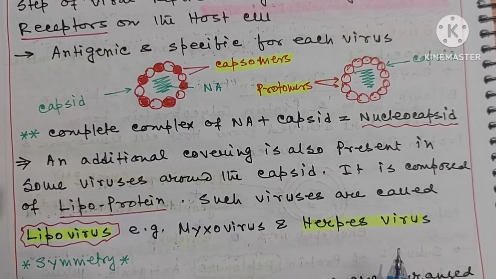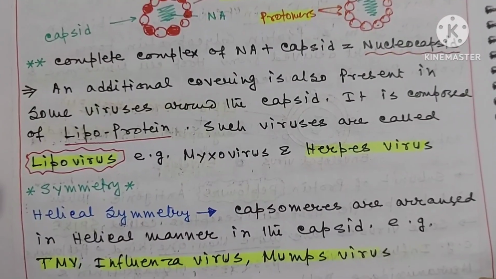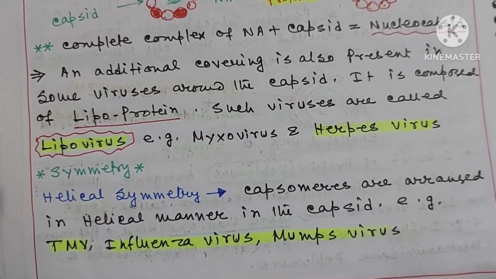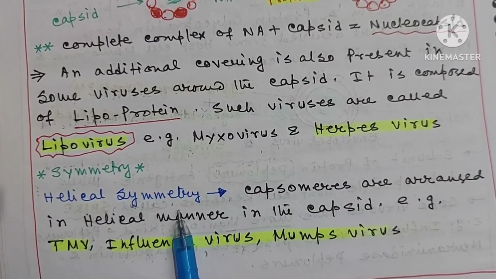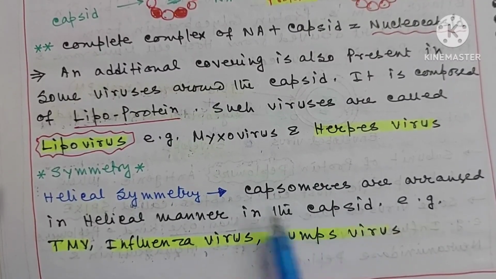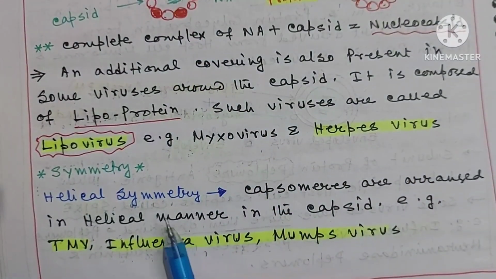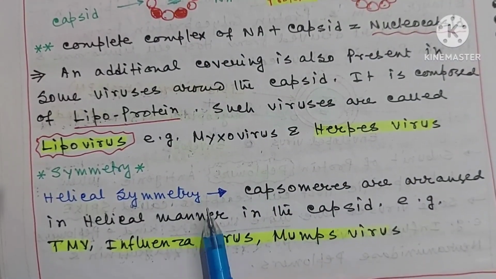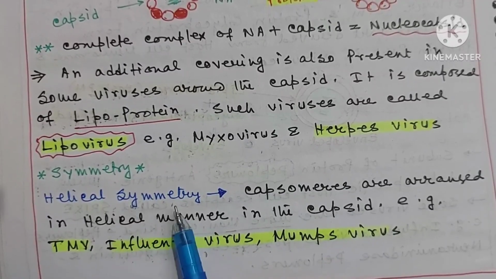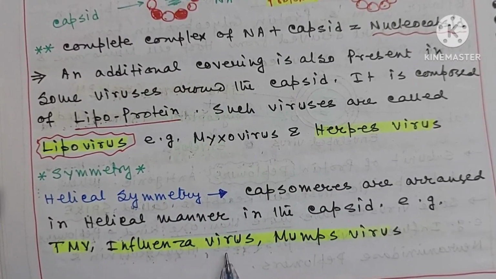Myxovirus and the herpes viruses are examples of lipoviruses. Now, symmetry. Viruses are different shapes. The first is helical symmetry. Capsomers are arranged in a helical manner in the capsid. When these capsomers are arranged in a helical manner, this type of virus shows helical symmetry. The appearance of helical symmetry can be seen in tobacco mosaic virus, influenza virus, and